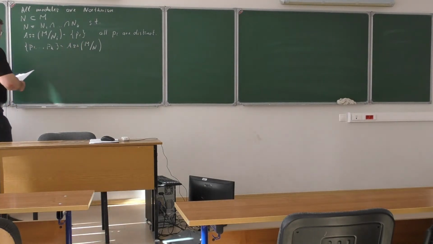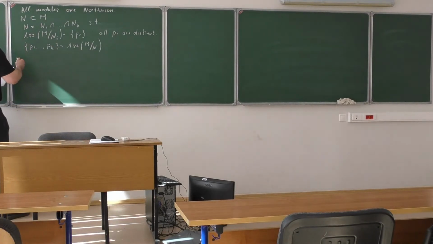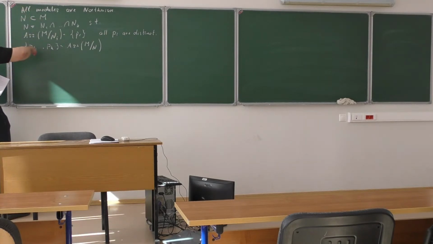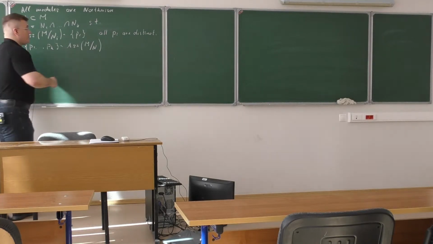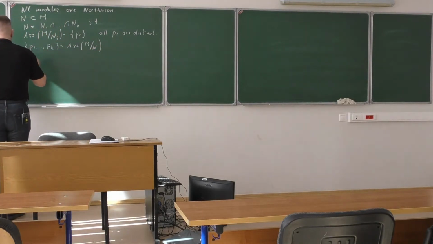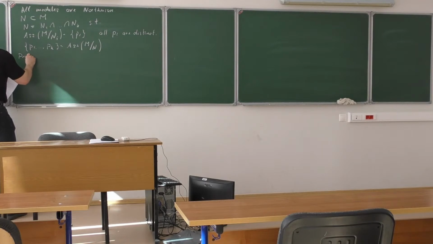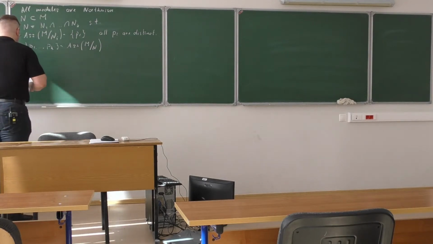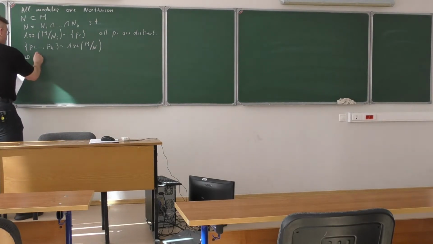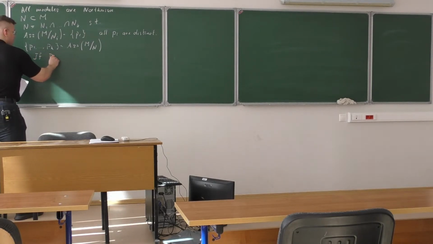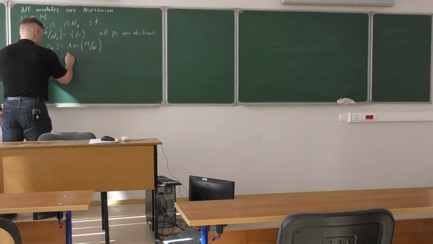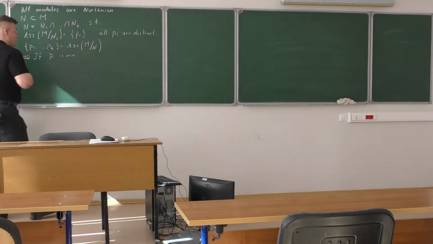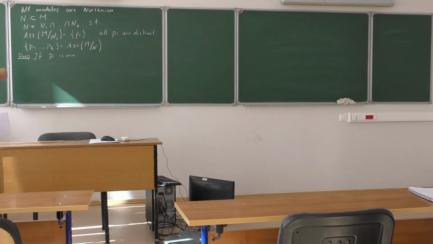Now, the next proposition is about, so I'm continuing to assume to have this situation. I have this primary decomposition, where all Pi's are distinct. Then I can formulate the proposition as follows. Proposition: if Pi, the prime ideal that I consider, is minimal, in other words we also call this isolated,